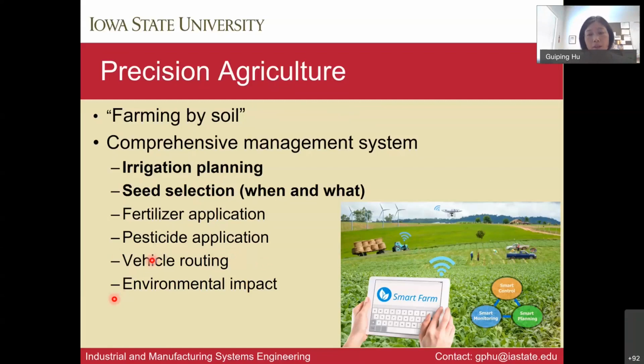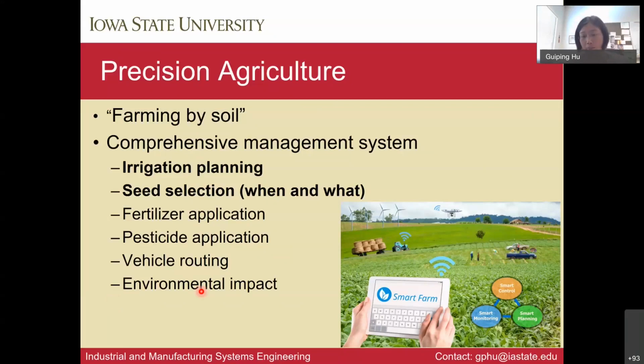And the very last one I put in here is what's called environmental impact analysis. So I come from a background of decision making, and in decision making theory, there is this concept of trade-off analysis, multi-objective decision making and optimization. So it's very important to think about when we are making decisions in agriculture, in plum breeding, what kind of trade-off, right? And environmental impact analysis and trade-off between profitability as well as sustainability is something we really need to think about.